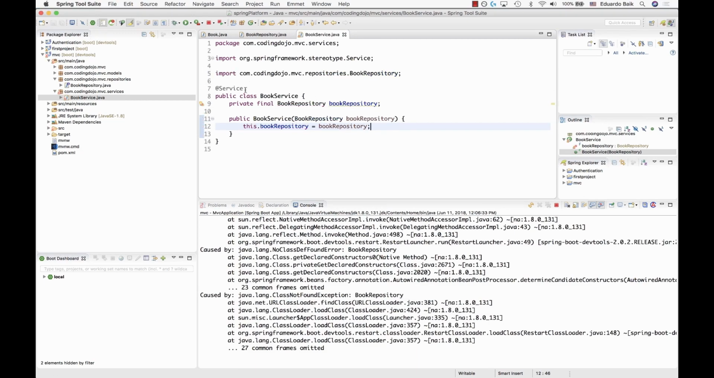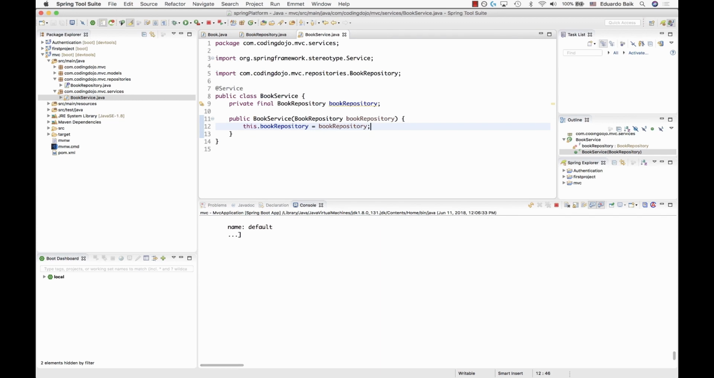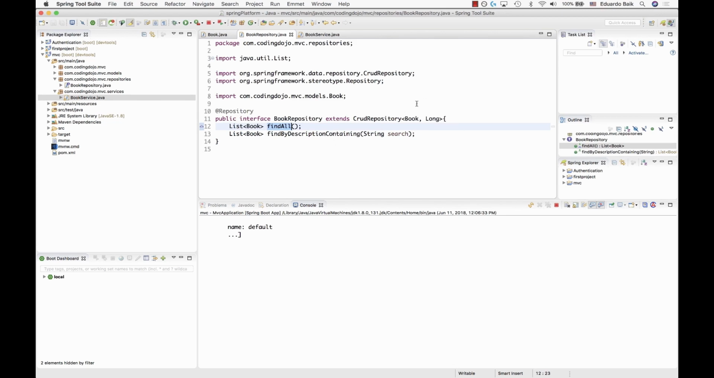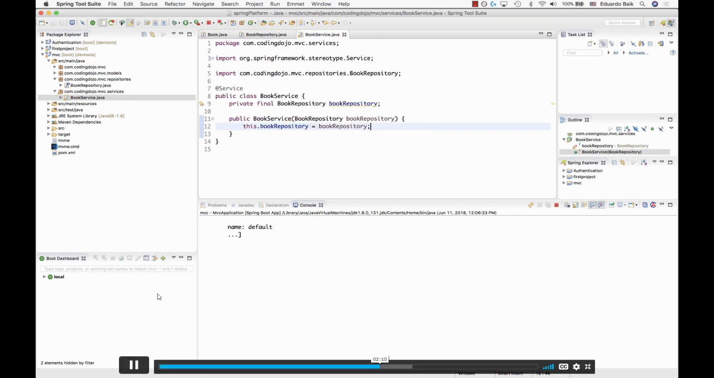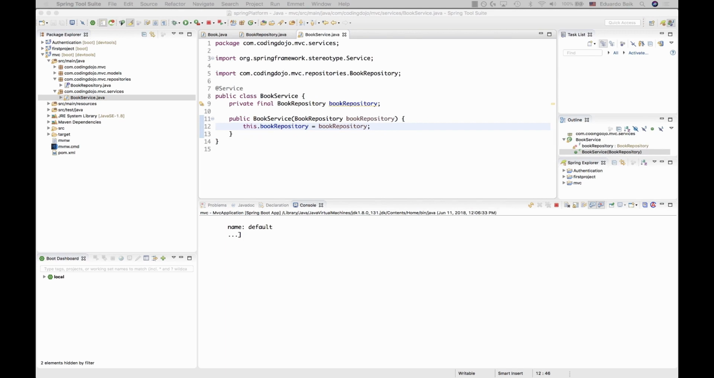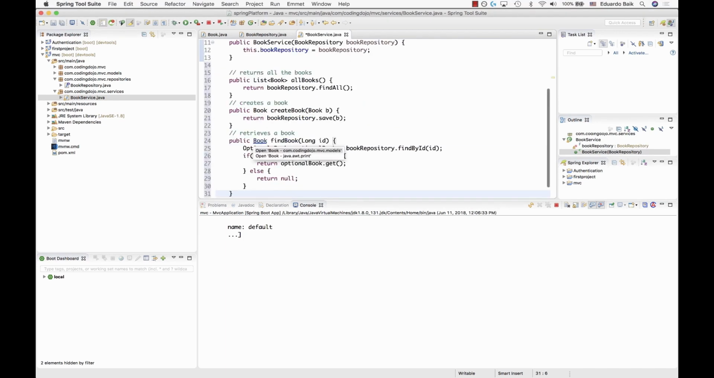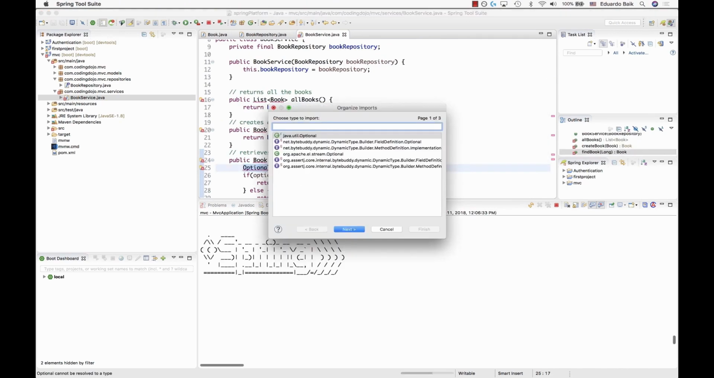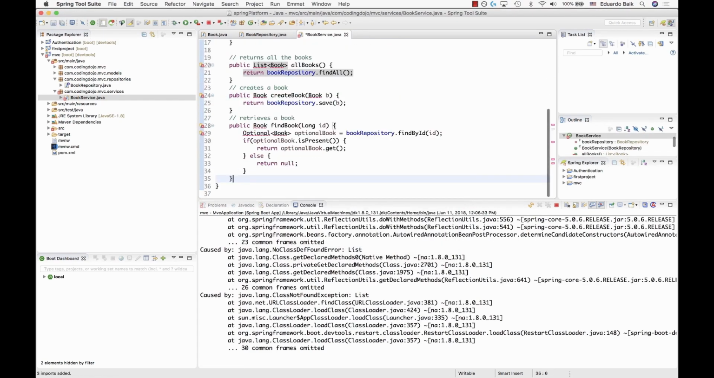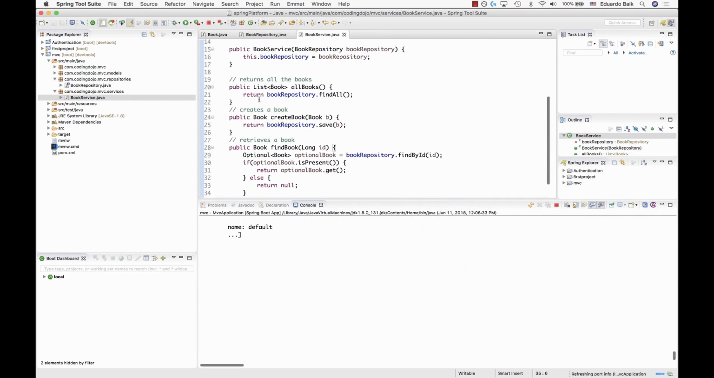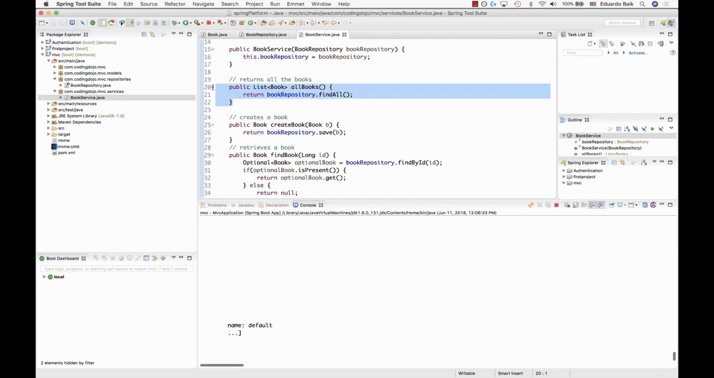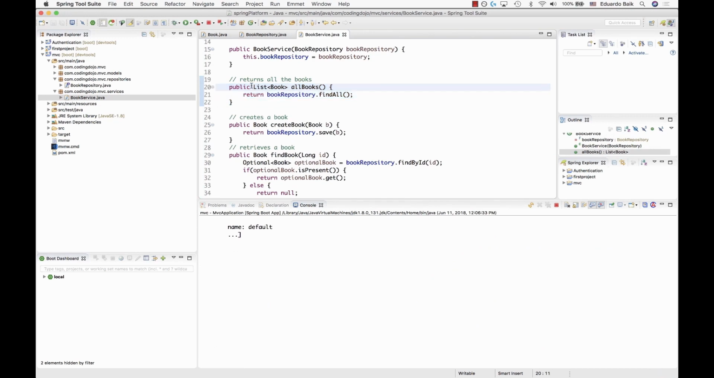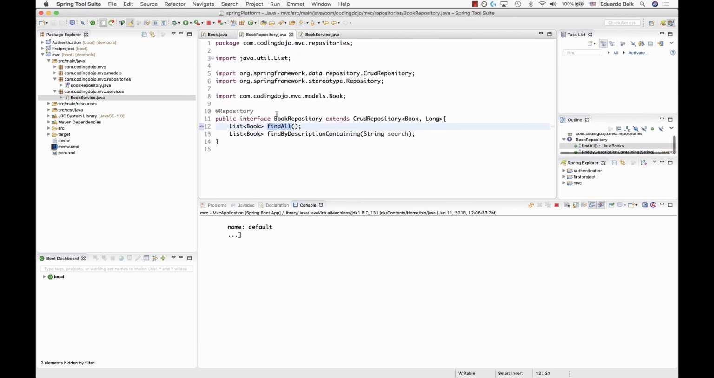Let's import it. Now we're going to write methods to wrap our CRUD repository interface. So here I'll just copy and paste a few methods from our platform, and let's go over each one. Let's make sure we're importing all the dependencies that we need. The first one is going to return all the books. So notice that we get a list of books. We call the bookRepository.findAll, which in turn calls this method, which in turn finds all the books